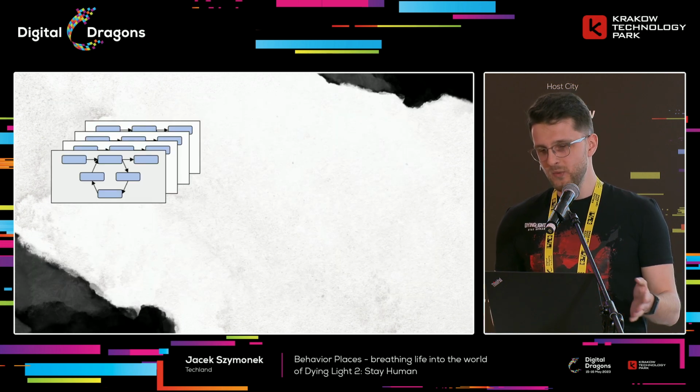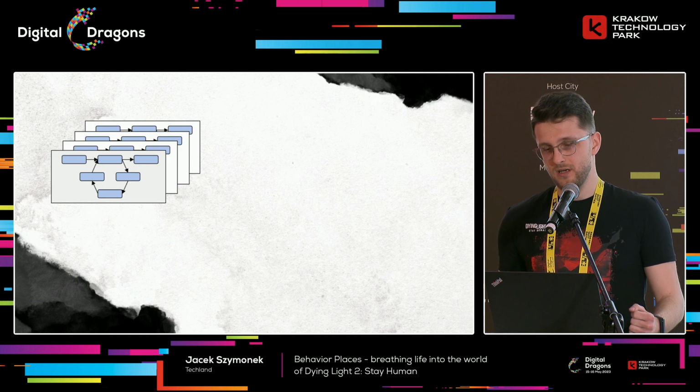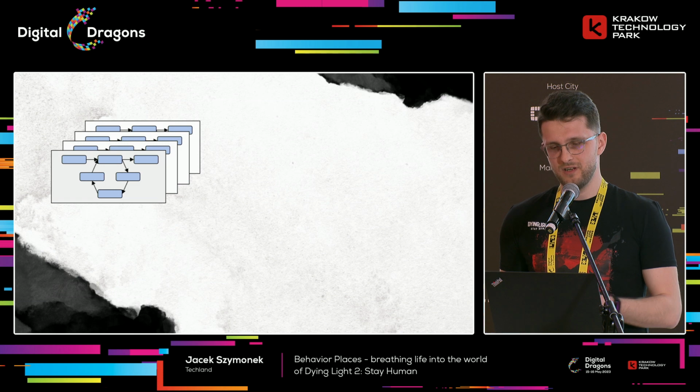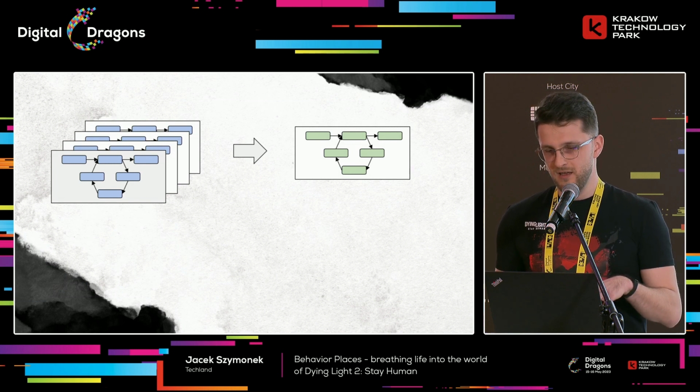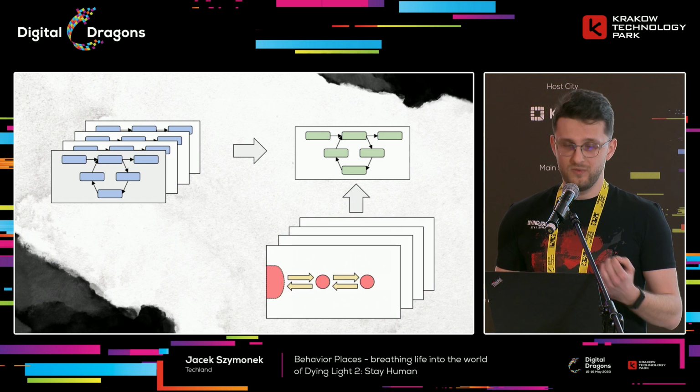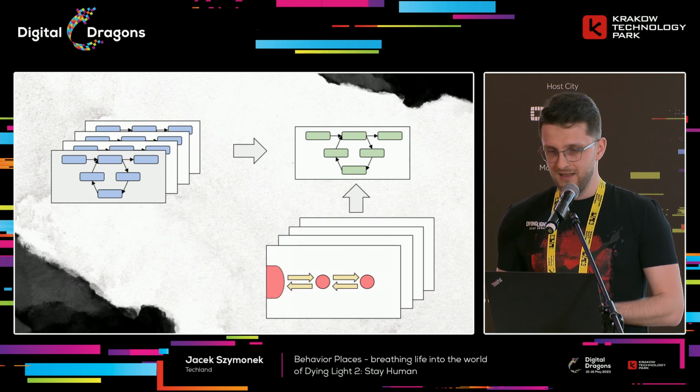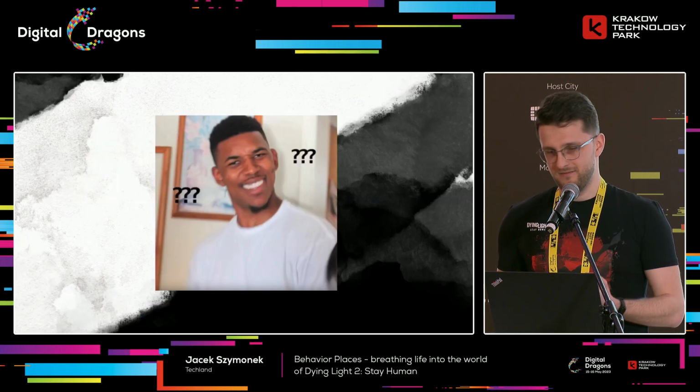At this point, you may look at where we are and think, okay, Jacek, so you had 50 animation graphs, which was hard to maintain. And to fix that, you packed them all into one Uber animation graph, which may still be configured by 50 different graphs. Like what? How is that better?